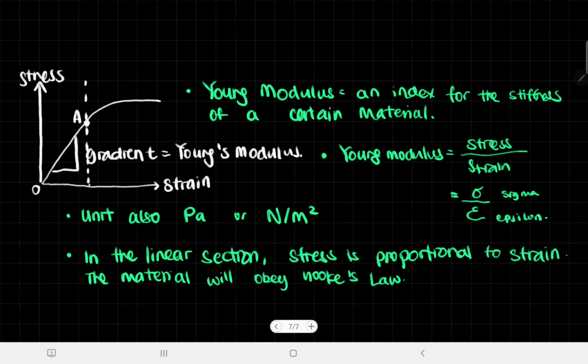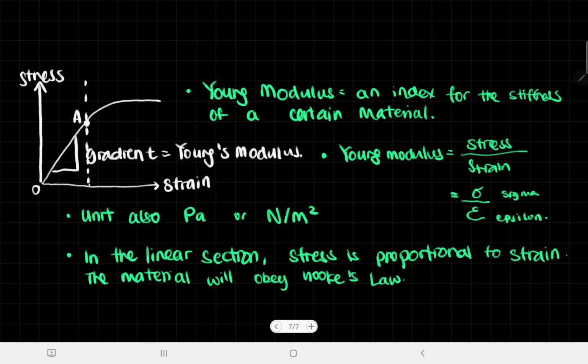So the definition for Young modulus finally is that it is an index for the stiffness of a certain material. And this is the graph that is plotted for the Young's modulus. You can see that stress, which is force divided by cross-sectional area, is on the y-axis, and strain, which is extension divided by original length, is on the x-axis. And this is, again, just like Hooke's law, unconventional. Usually the manipulated variable, which is stress because we're manipulating the load added onto the wire, should be on the x-axis,